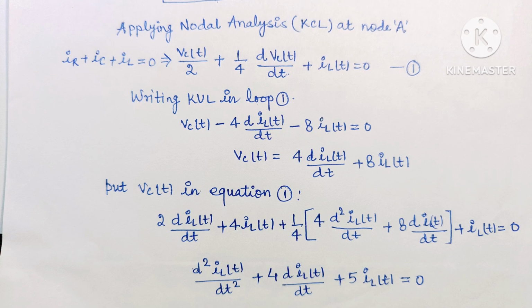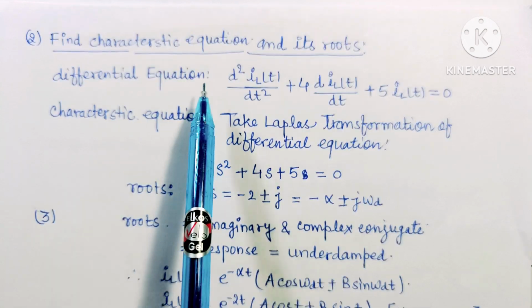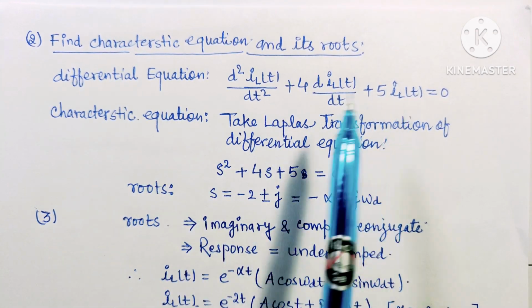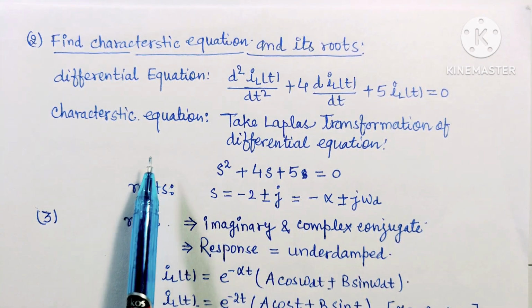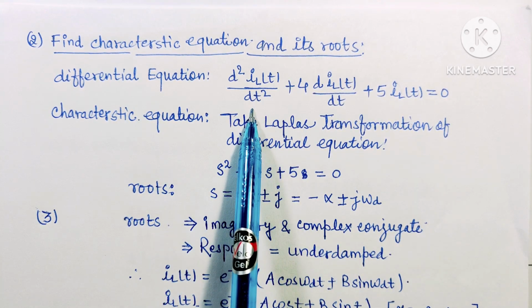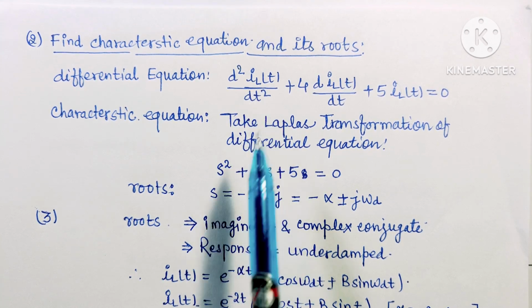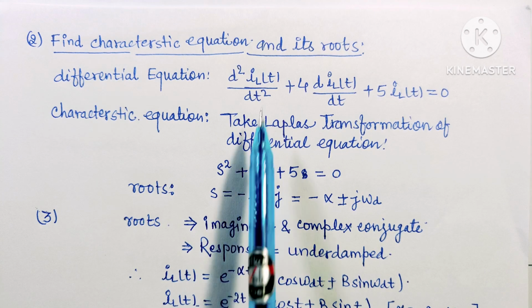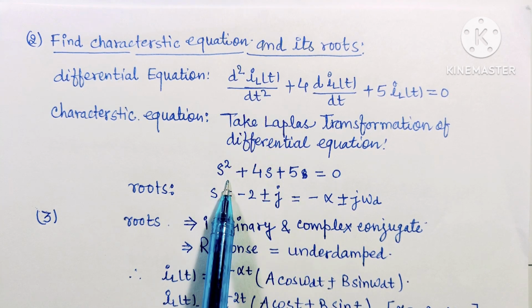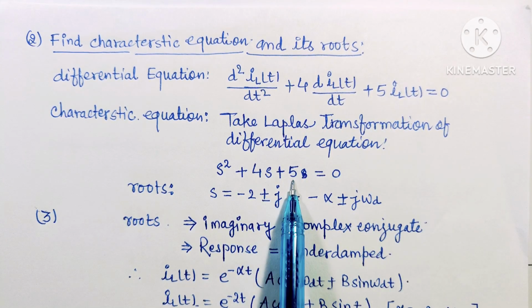In the second step, we had seen that now we have to calculate the characteristic equation of this differential equation. So for finding the characteristic equation, we will take the Laplace transform of this equation. Then we know that if there is a derivative of second order with initial condition assuming 0, then its Laplace transformation will be s square, and if there is only a single derivative, then it will be plus 4s, plus 5 equal to 0.